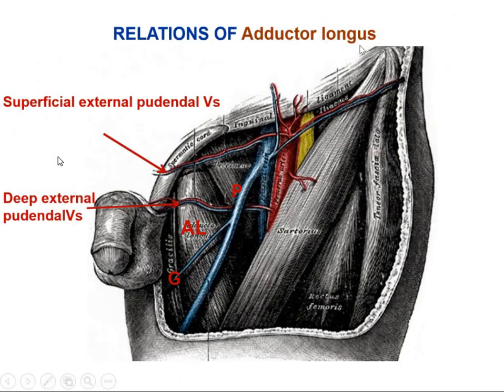Then we have the relations of adductor longus muscle. So it is related to superficial external pudendal vessels and the deep external pudendal vessel, along with the pectineus muscle above and gracilis muscle below. Okay. If you see, this is the pectineus muscle, which was present above this. Here we have the adductor longus muscle, and then middle most is the gracilis muscle, which is going down, and superficially it is related to your